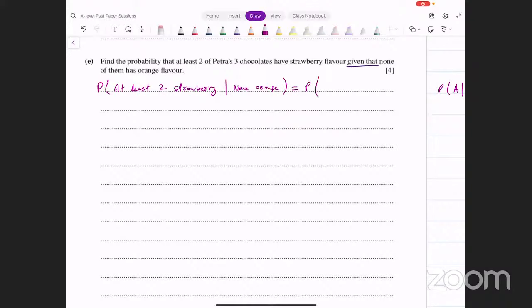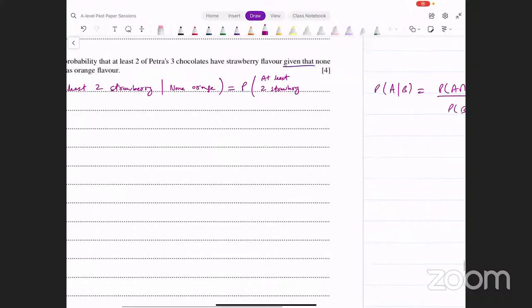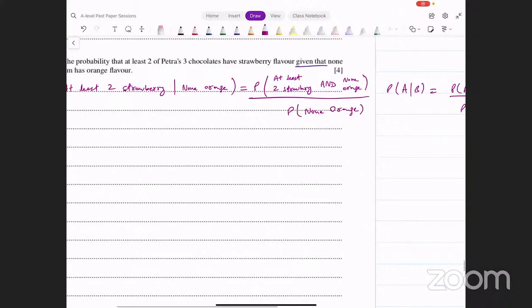It's going to be the intersection of at least 2 strawberry, ये condition भी आया ऊपर, and none orange. ये दोनों चीजें एक साथ आ रही हैं, divided by probability of none being orange. ये आपने बेसिकली फॉर्मूला यूज करना। अब इसकी प्रोबेबिलिटीज कैलकुलेट करनी पड़ेंगी।